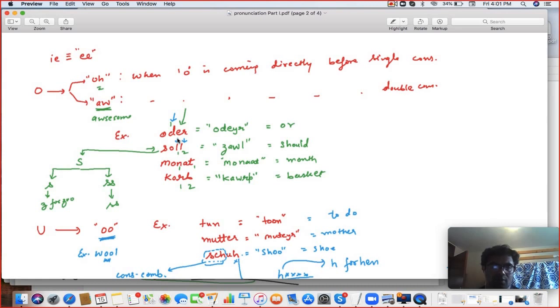If two consonants are there, it is the short O sound. So Order, Zol, after O two consonants, that's Zol. Then Monad, after O one consonant, that's Monad. And next is Korp. After O, it's two consonants and B in the end is P. So that's Korp.